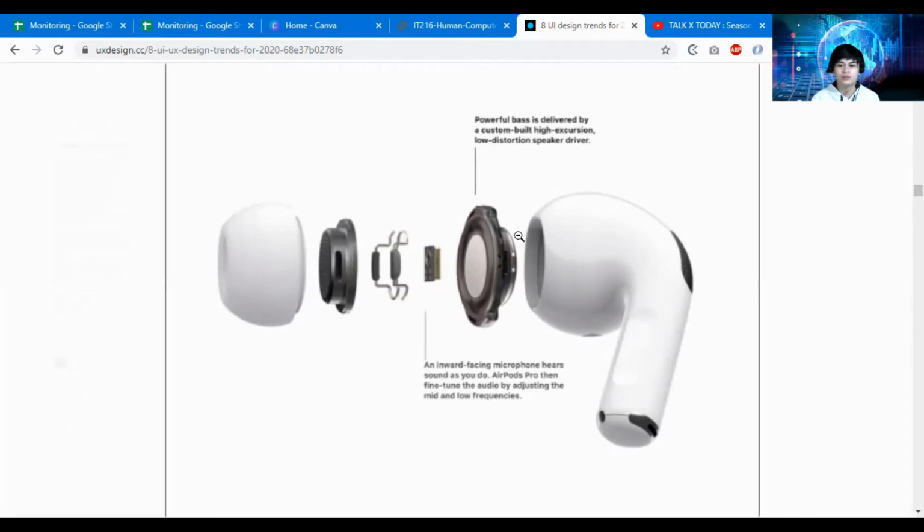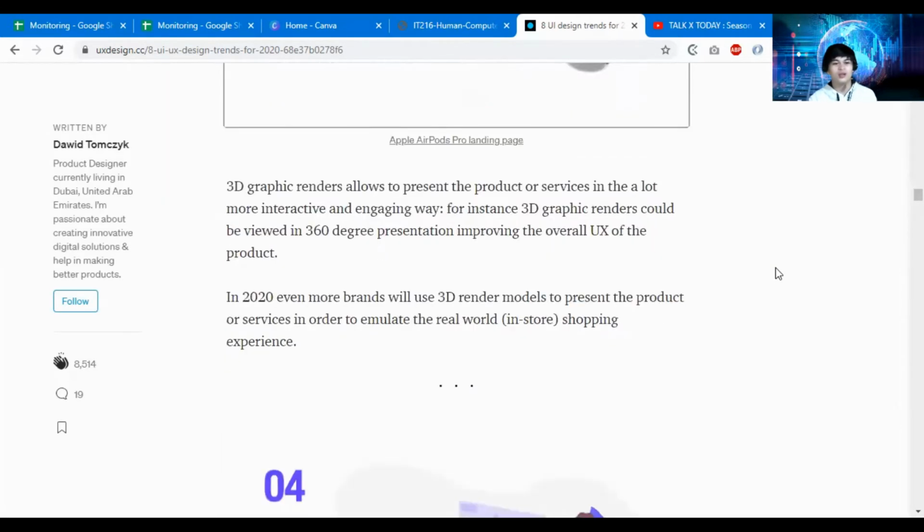Again, 3D graphic renders allow us to present the product or services in a lot more interactive and engaging way. For instance, 3D graphic renders could be reviewed in a 360-degree presentation, improving the overall UX of the product. So in 2020, even more brands will use 3D render models to present the product or services in order to emulate the real world